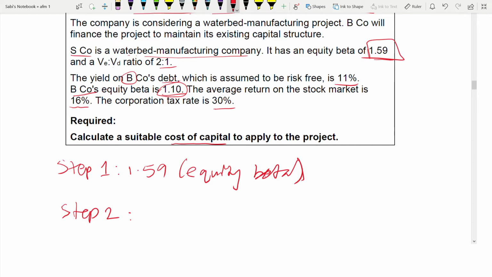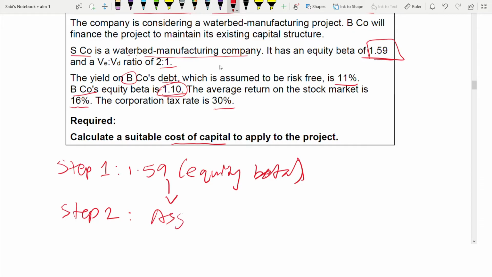What is step 2? Find asset beta, using this equity beta. Always you need to do this in this step only. Step 1 has to be step 1, step 2 has to be step 2. You cannot do step 2 before doing step 1 because you need step 1's input in step 2. Okay, so